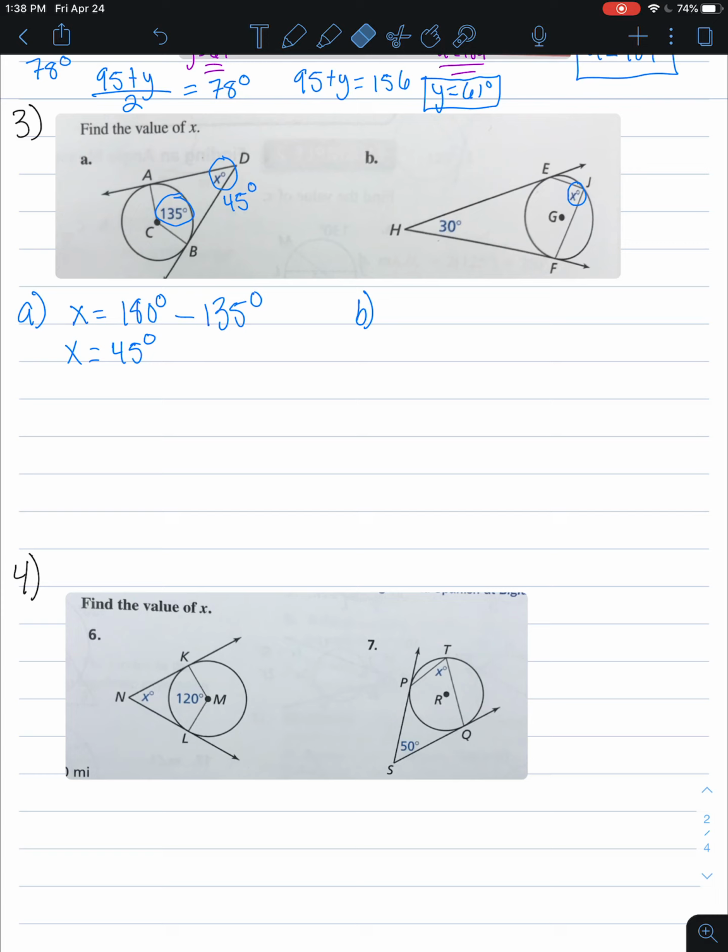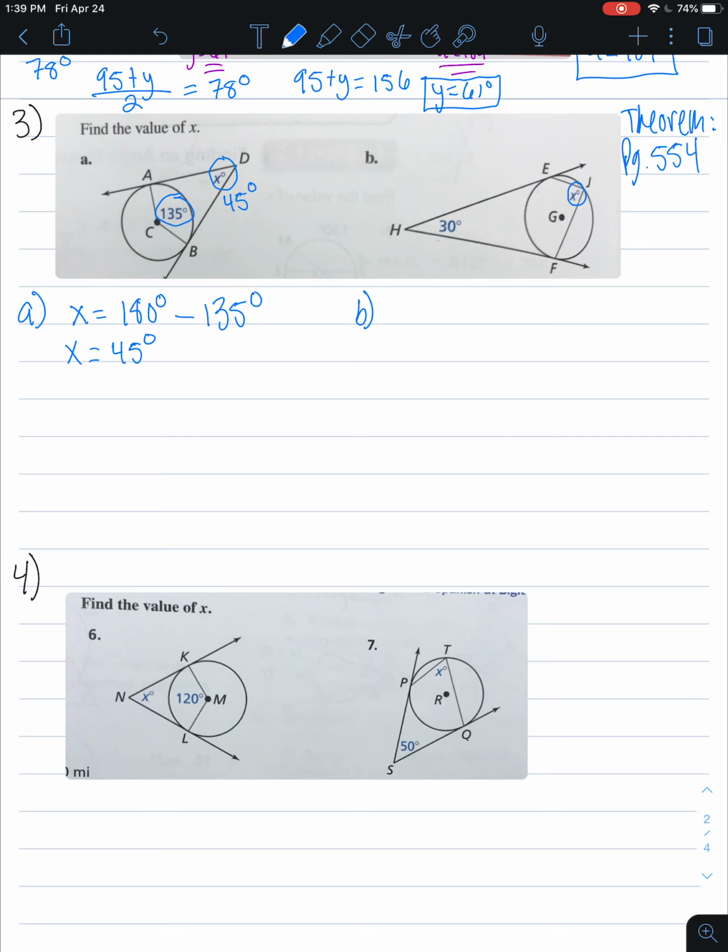So we're actually going to have to go back and use a theorem that we learned in section 10.4. And that theorem is called the measure of an inscribed angle theorem. It's theorem 10.10, and that's on page 554. So if you need to go look that up, I'll write that right here. Page 554 is the theorem. Okay, so we're going to have to actually use that theorem, the inscribed angle theorem, and the circumscribed angle theorem